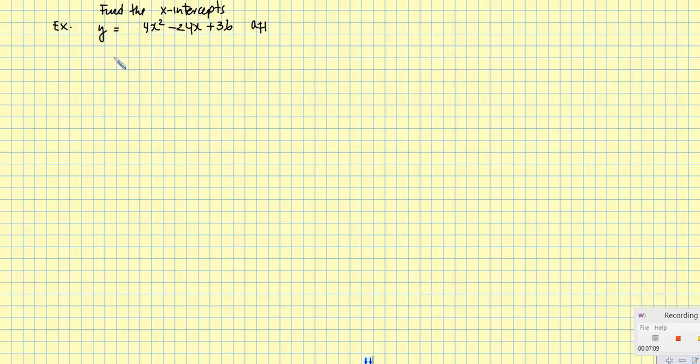So what I do is I say 0 is equal to 4x squared minus 24x plus 36. Now before I do anything, I say, well, I do have a 4. My value of a here is not equal to 1. Therefore, first thing I do is I check to see if I can remove a common factor. And it works out that I can remove a common factor here, and that common factor is 4. And when I do that, I end up getting